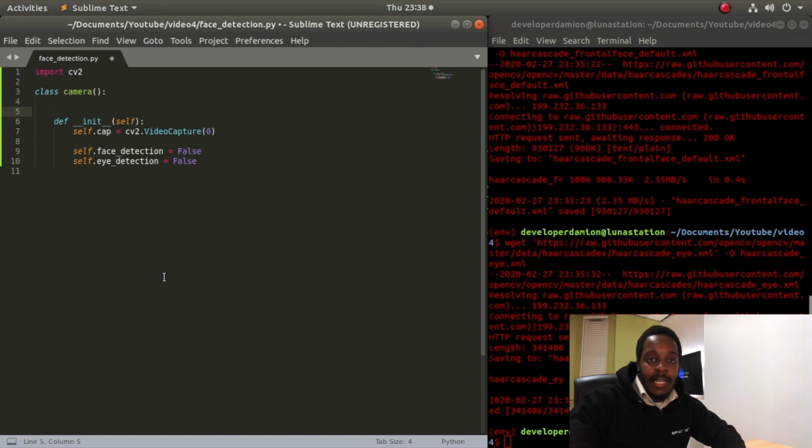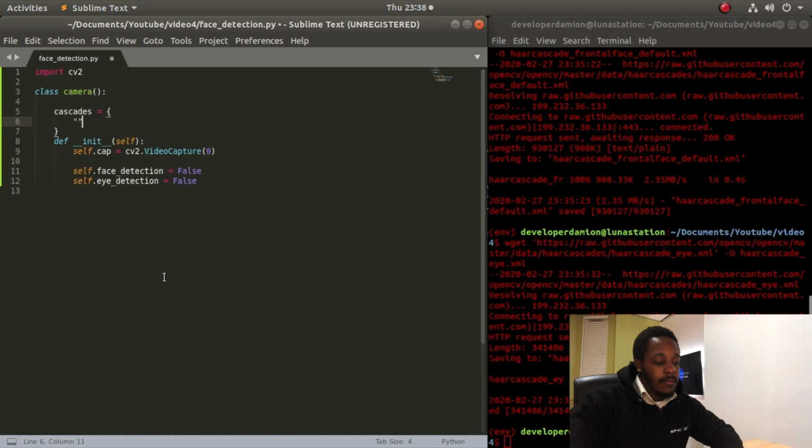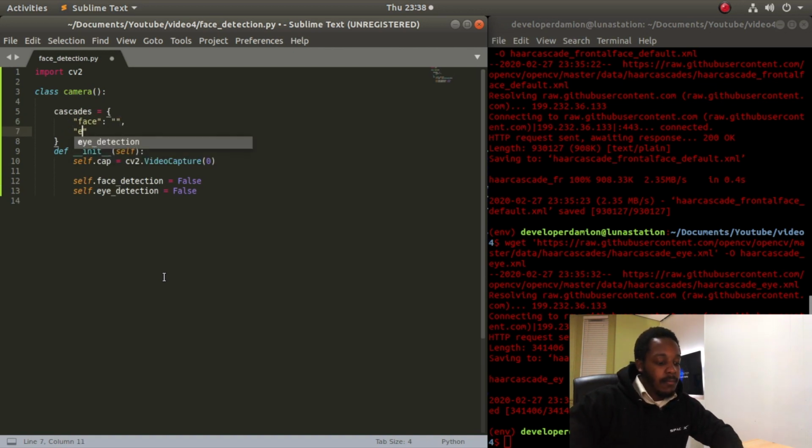So before we begin actually getting the video from the camera, we're actually going to set up where to get the cascades from and actually detect our faces and eyes in the video. Right above the init function, we're just going to create a dictionary called cascades. So we have the face and the eye cascades. I saved my cascade files in the same directory as the actual script, so I'm just going to go ahead and write this in